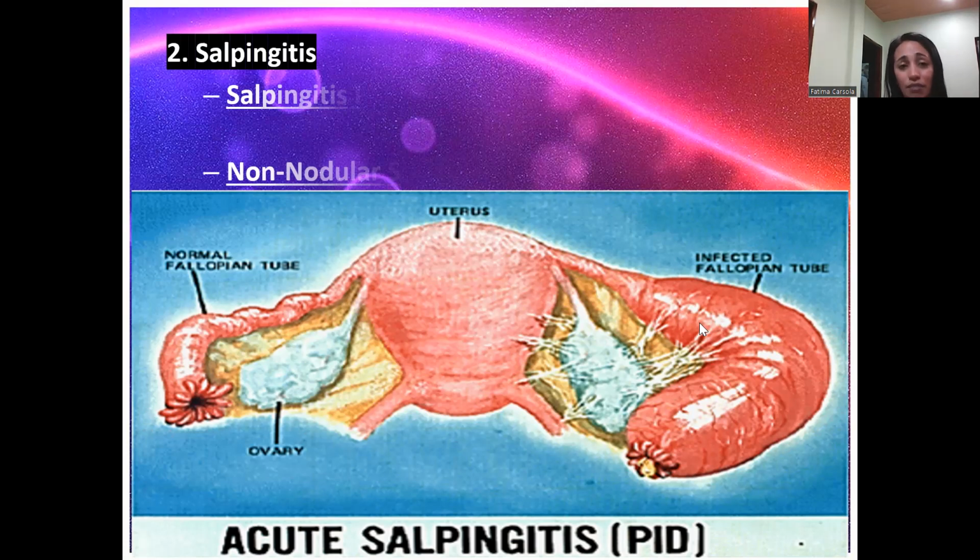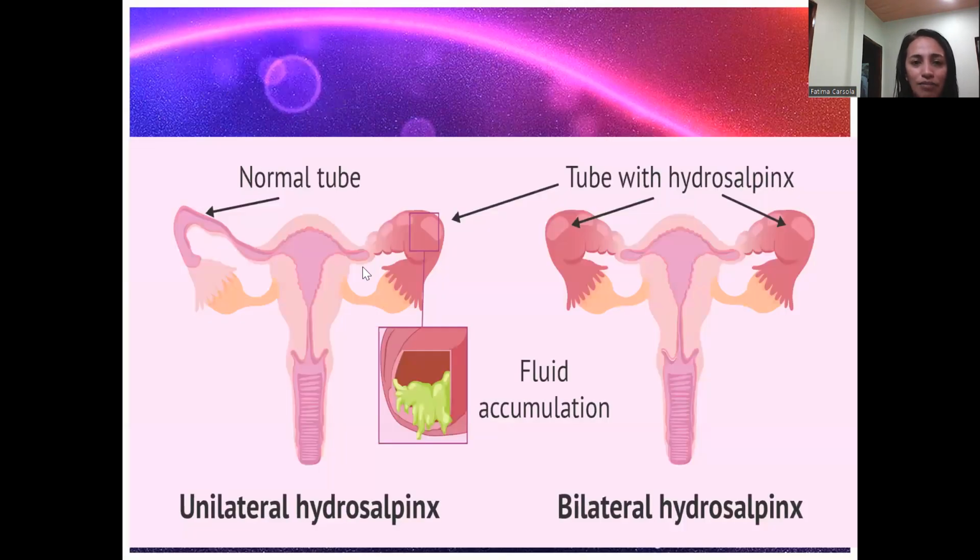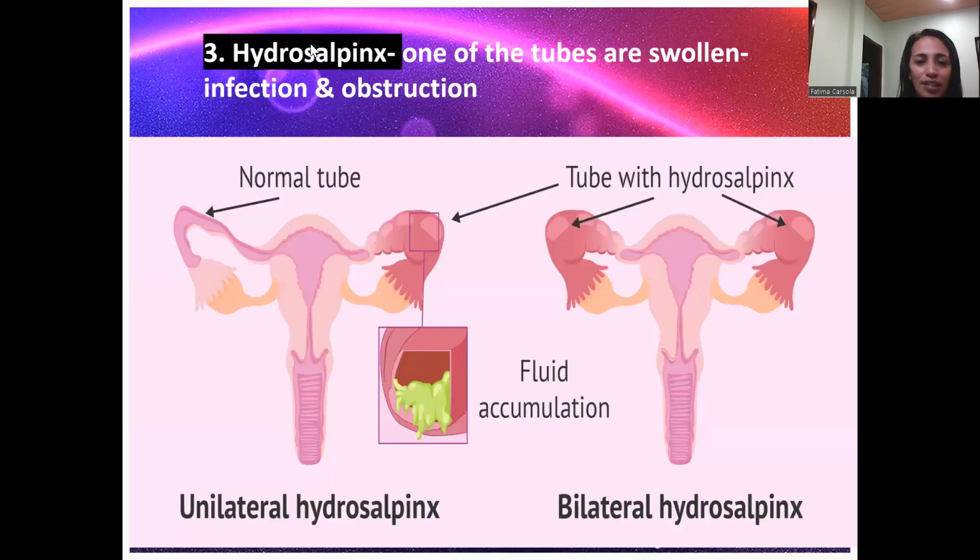Salpingitis is the inflammation of your fallopian tube. So for salpingitis isthmica nodosa, this one for number one, nag-inflame lang siya with the nodules, and with non-nodular salpingitis, this one, it's just like an embutido. Okay, next tayo. Aside from salpingitis and ectopic pregnancy, we could have the hydrosalpinx, okay?